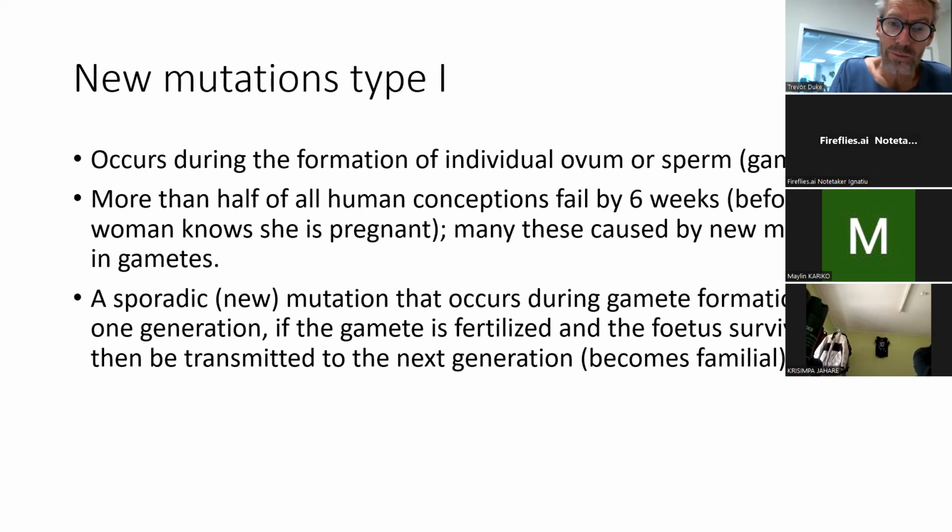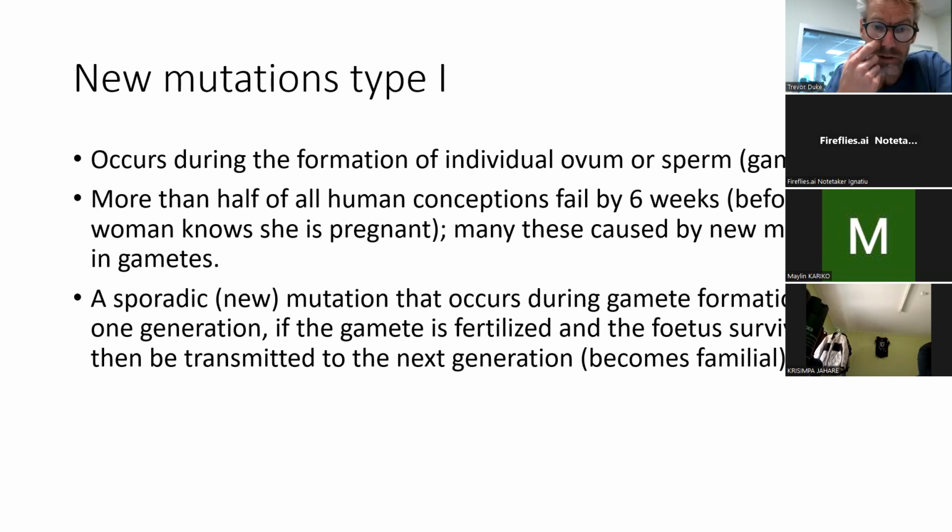Now, if they occur during the formation of ovum and sperm, then that will be transmitted to the fetus, of course. More than half of all human pregnancies fail by 6 weeks, and most of that is caused by new mutations in gametes. Usually that failure of conception occurs before a woman knows that she is pregnant. But many of these new mutations occur in the ovum or the sperm